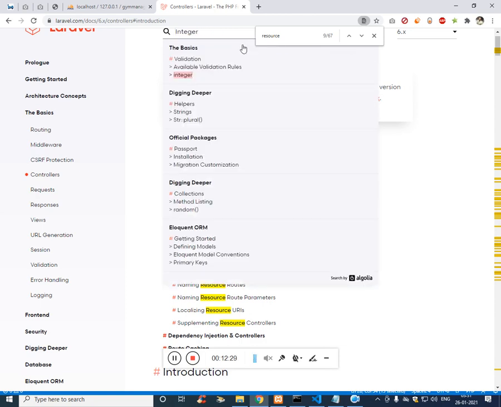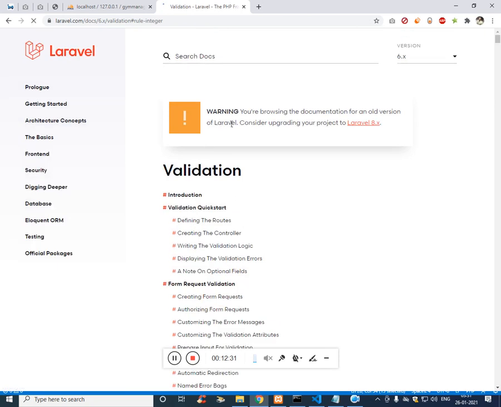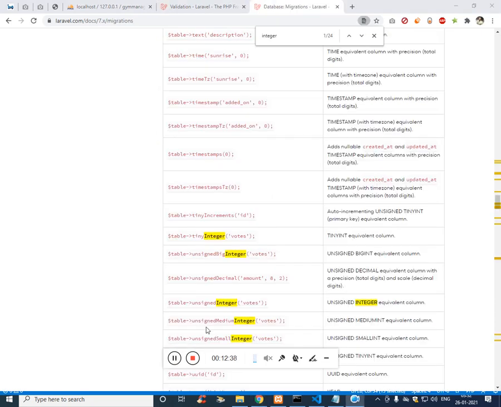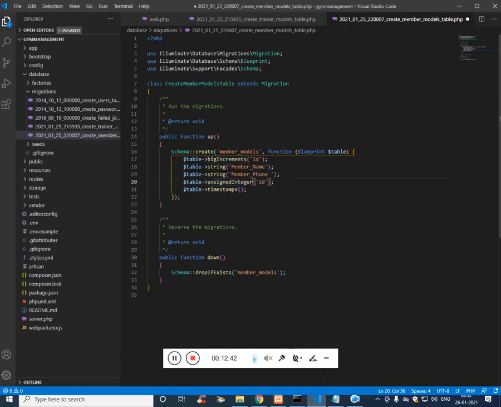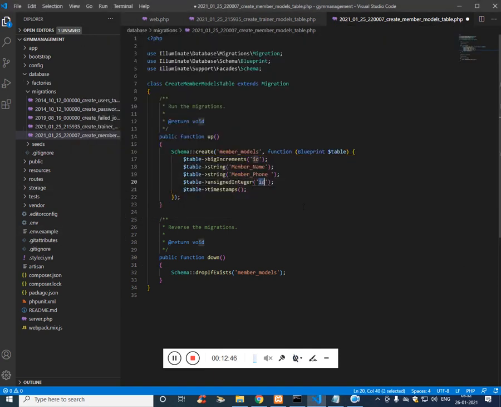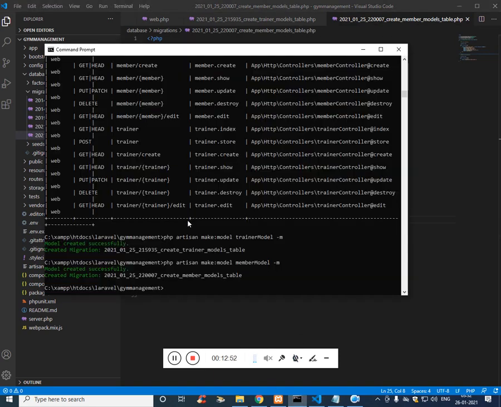So here the trainer ID is going to be the foreign key. Let's see the data type for foreign key. If you see unsigned integer, so this is going to be the foreign key. Fine. Now we have chosen the column names that need to be added to create the database.